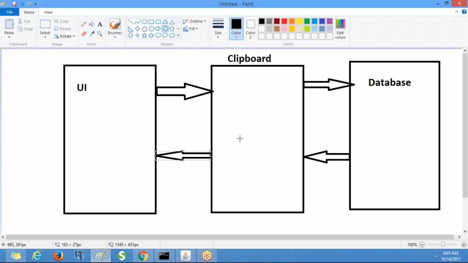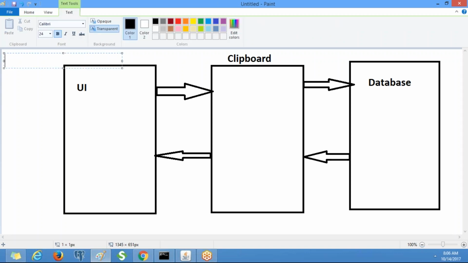So here the clipboard is nothing but a collection of pages. You know property, right? So what is a property? A property is nothing but a variable; it holds a single value. Similarly, we have a property type called page.